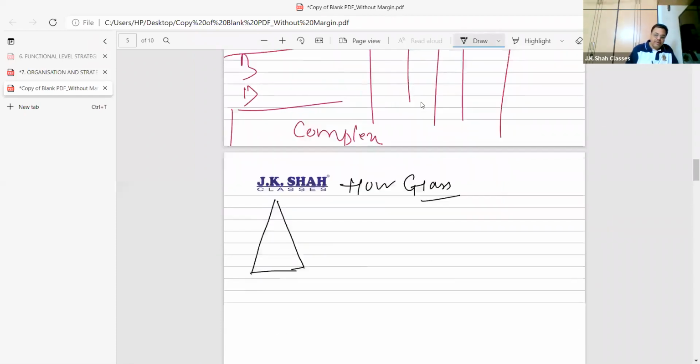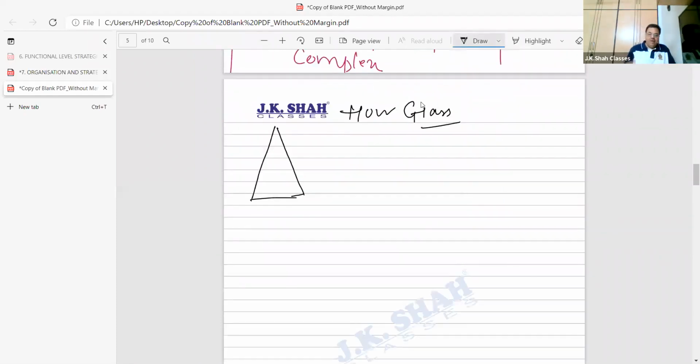When I say pyramid, beta, what do I mean? You have three levels. This is the top level, this is the middle level, and this is the lower level. The top level is narrow, the middle level is a bit wider, and the lower level is the widest, because this is the level where execution is done. Work is done here, so you want many people to do the work, and maybe thinking can be done by a few people. So that's the idea. We have a pyramid sort of structure.